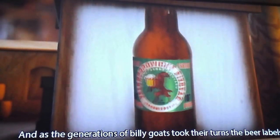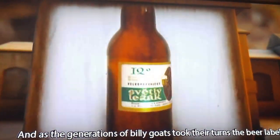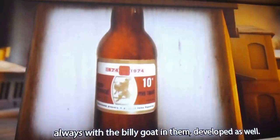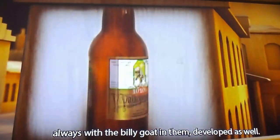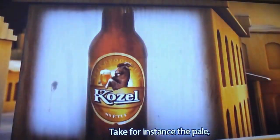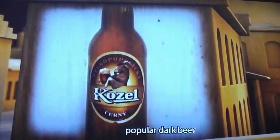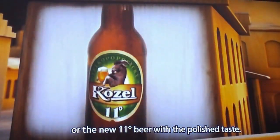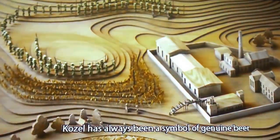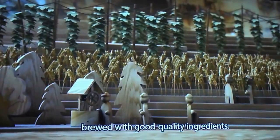And as the generations of billy goats passed through, the beer labels, always with a goat on them, developed as well. Take, for instance, the pale 10 degree, the premium lager, the popular dark beer, or the new 11 degree beer with the polished taste. The Kozel emblem has always been a symbol of quality, of a crafted beer made with